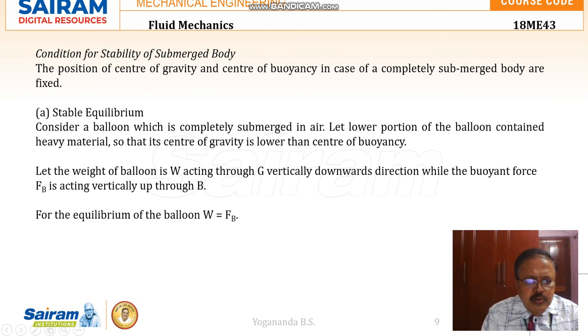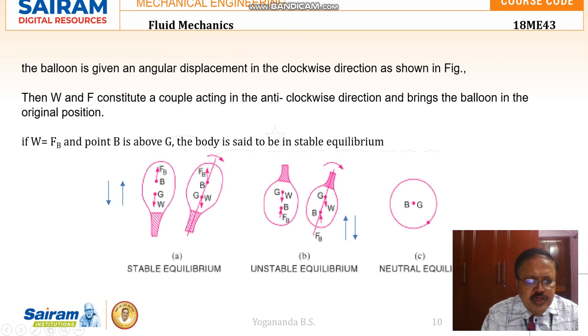Now the weight of the balloon is W, including the heavy material, acting through G vertically downwards. The gravitational force is trying to make this balloon go down, whereas the buoyancy force is acting upwards